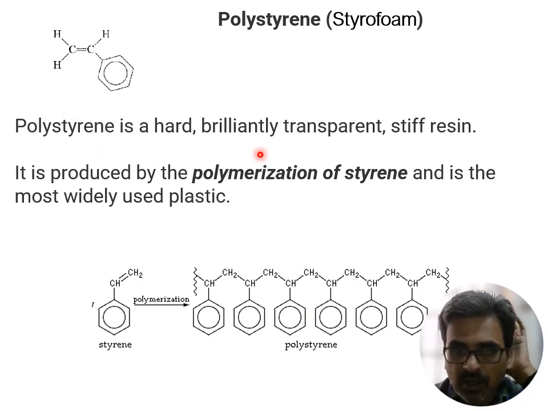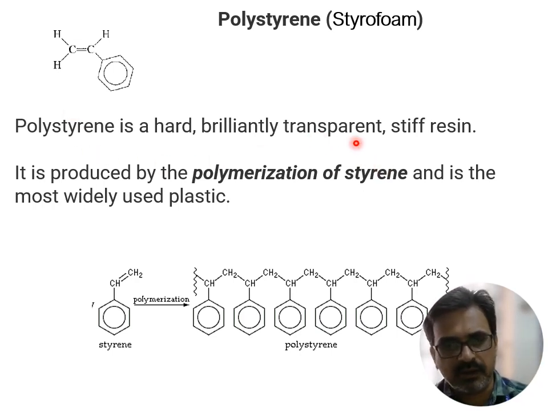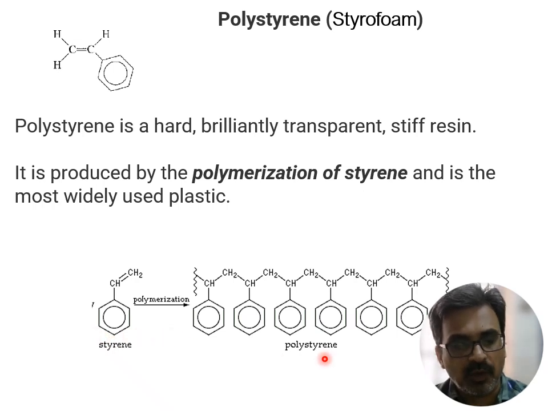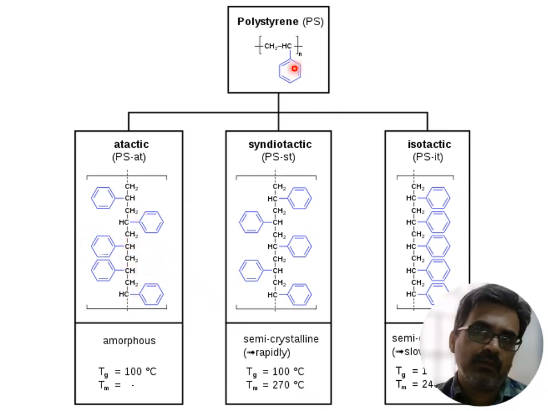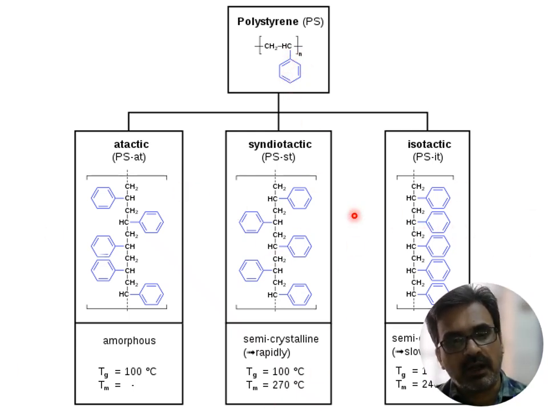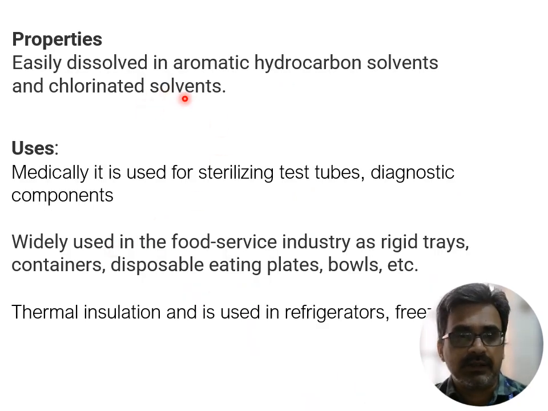It is a hard, brilliant, transparent resin. We take styrene and polymerize it, and we get polystyrene. Depending on the arrangement of the benzene or styrene or vinyl groups, we can have isotactic, syndiotactic, or atactic kinds of polystyrene. Even though the glass transition temperatures are only slightly different in this case, for the melting point there is a lot of difference. Polystyrene gets easily dissolved in several